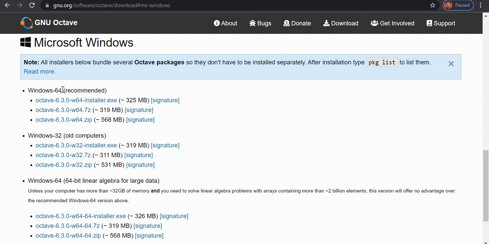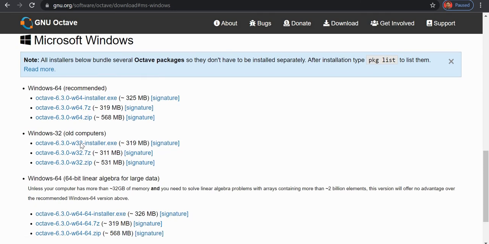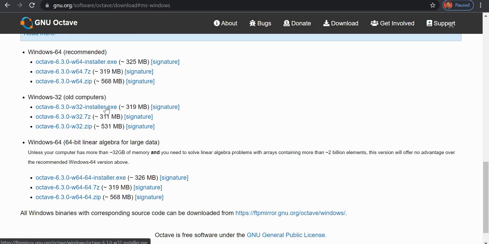So you must check your computer settings whether you are using 64-bit system or 32-bit system. So if you are using the version of 64, then you have to download this. You can click this and you install as usual. Or if let's say you are using 32-bit system, you can install this link and install as